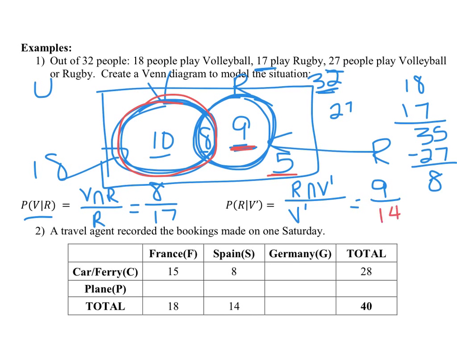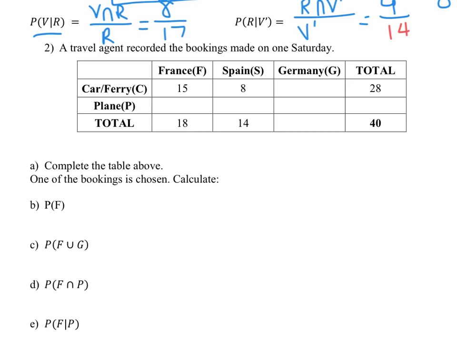Okay, so remember, the top one was R and not V. These 8 play volleyball, so I want the ones that don't play volleyball, so that would be just 9, and they play rugby. Okay, so 9 over 14. So this is the conditional probability. So take a second and fill in this